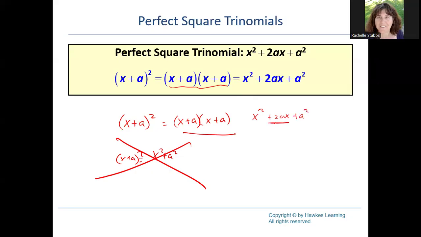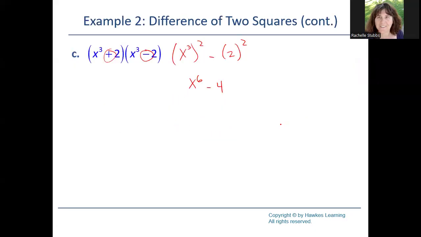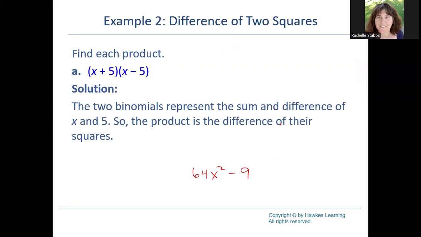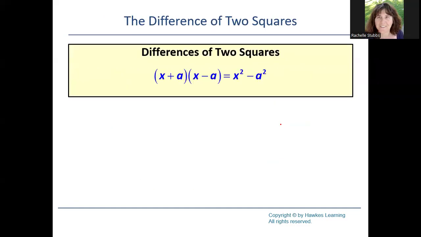Notice there is a middle. In this one, there was not a middle. If you get something like this and there's not a middle, you know you've done something wrong, okay? You must have a middle. The only time you don't have a middle is when it is something like this, where their signs are opposite. But when you have something like this,